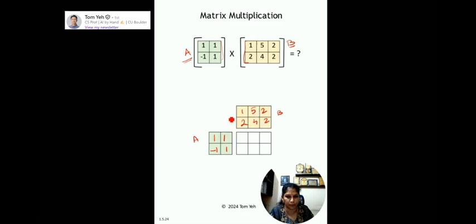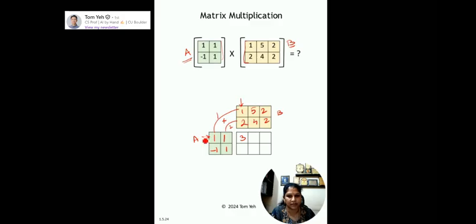So what do we have to do now? Yes, the first row of A, now we are going to multiply with the first column of B. So here it is row into column. So that makes 1 times 1 adding with 1 times 2. So 1 times 1 we have 1, and 1 times 2 we have the value 2, and summing both we get the value 3, the result 3.